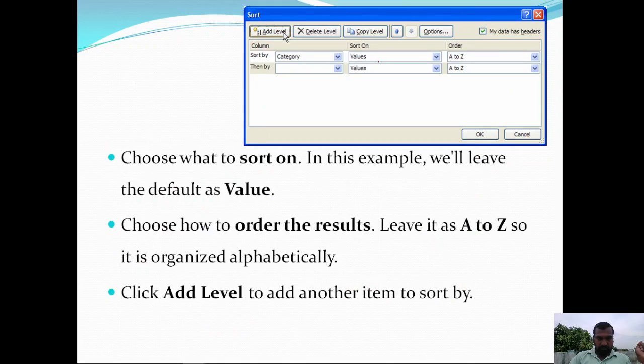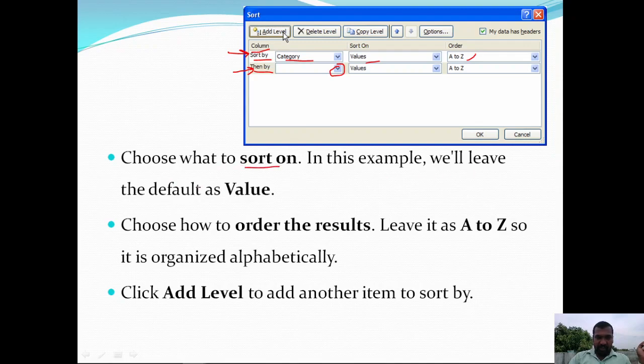If you want to apply multiple sorting operations, in the first case we have chosen column sort by category, we are selecting sort on values, and A to Z is the order. After this sorting operation takes place, in the then by, click on this drop down button and choose one of the columns. Choose what to sort on.